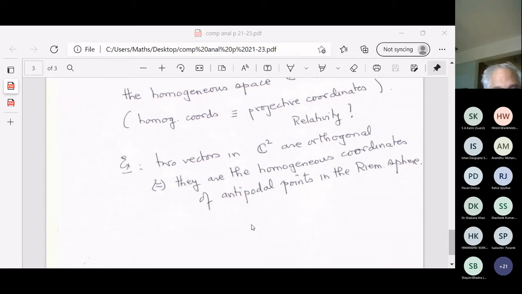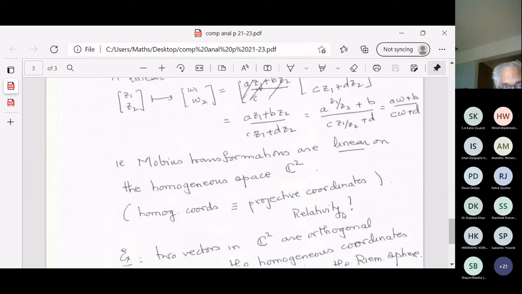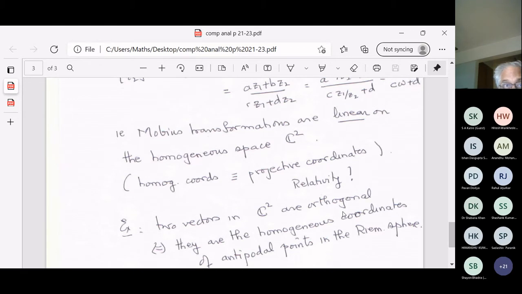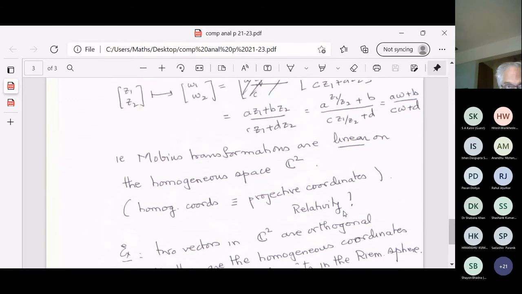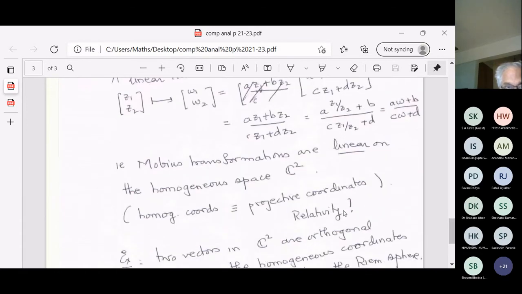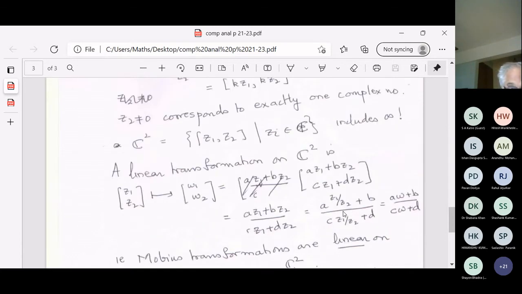Okay, so the point is that there is a lot of geometric business involved here, and I hope that I'll say more and more about this as time goes on. The point here is that homogeneous coordinates are also natural in many contexts, and linear maps in these homogeneous coordinates actually are Mobius transformations. So that is why Mobius transformations have very close connections with linear maps.